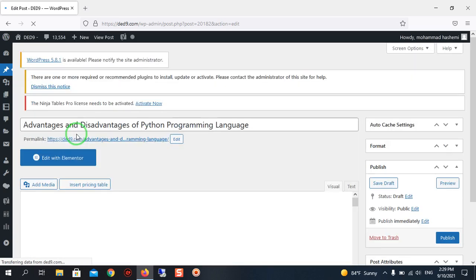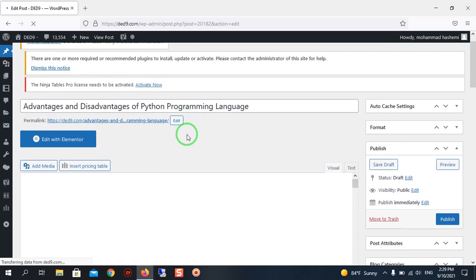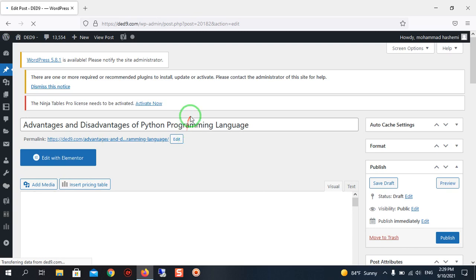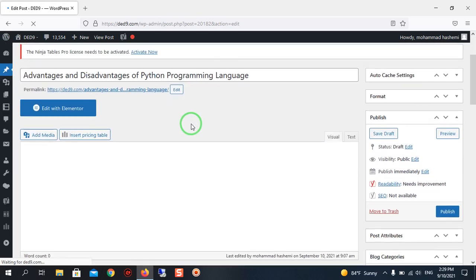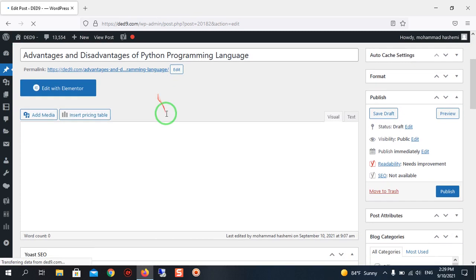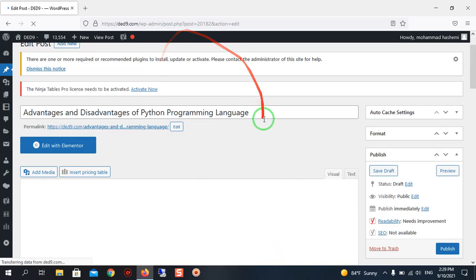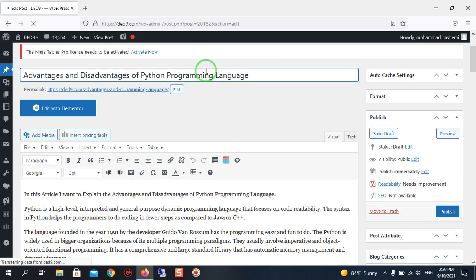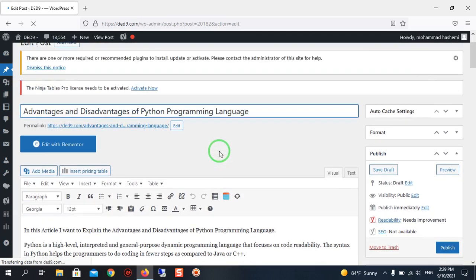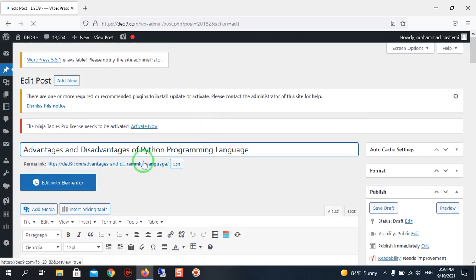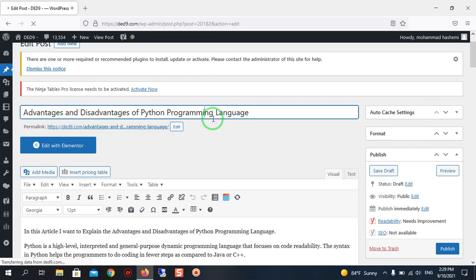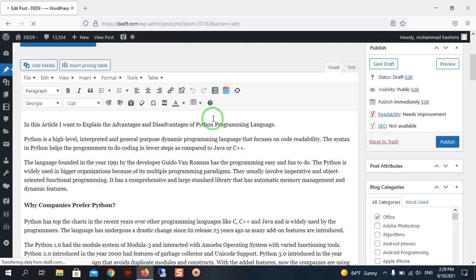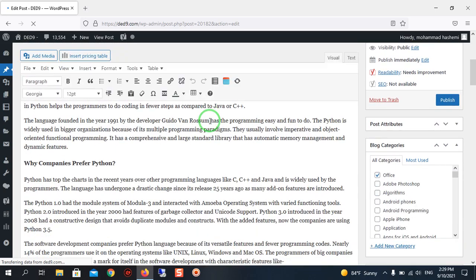This is my title. Now I'm going to write this content. The background of this site looks like Word. For example, you can write anything, but now I'm writing the advantages and disadvantages of Python programming language. As you can see,